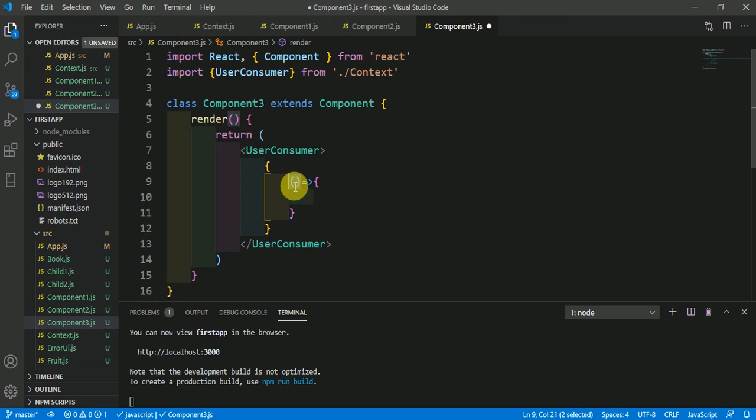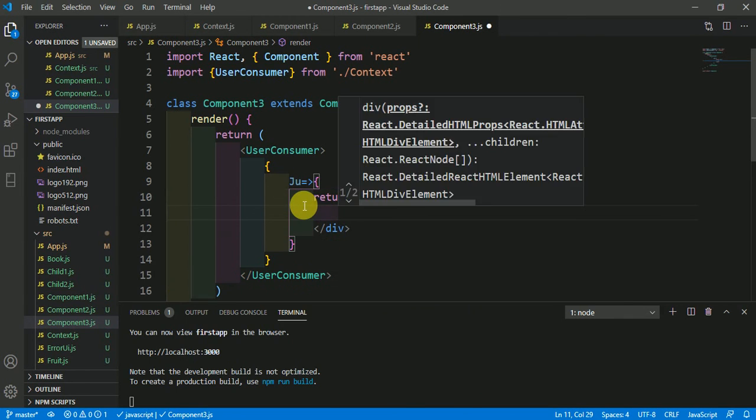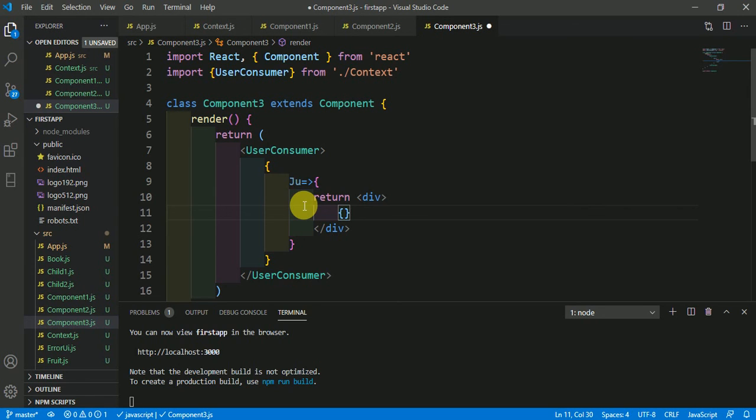So I am taking the variable JU here, then return in a div this JU variable. You could return it with an h1 tag also.